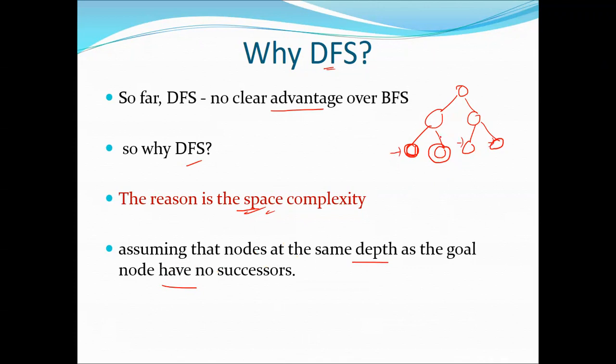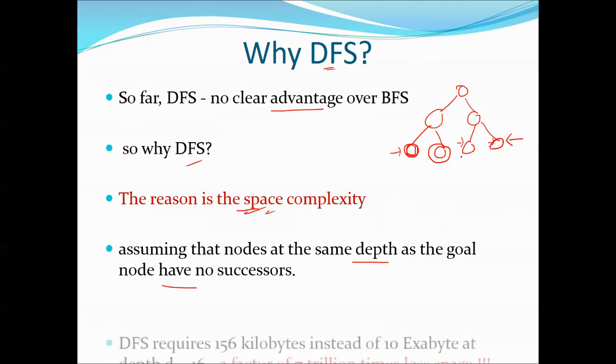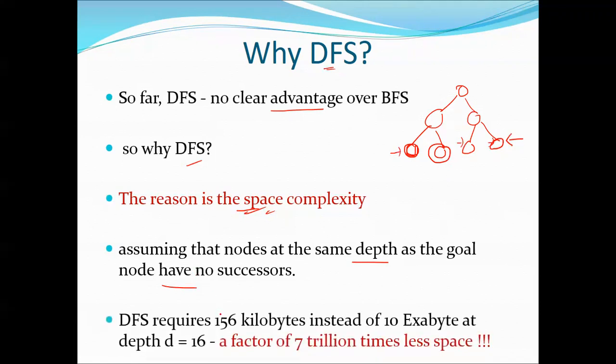That is, whichever node is the goal node, that is the maximum depth of the tree. Let us assume like that. In that scenario, DFS requires only 156 kilobytes of memory instead of 10 exabyte